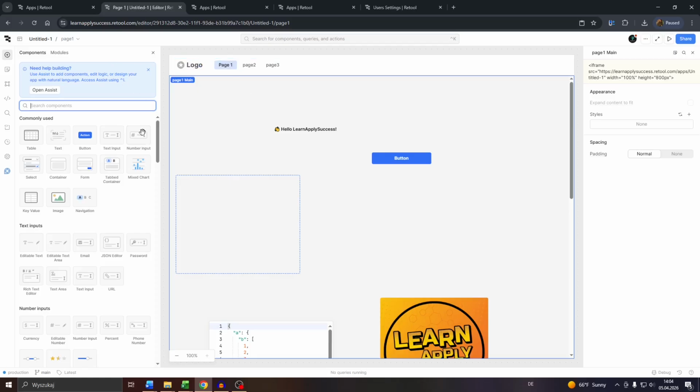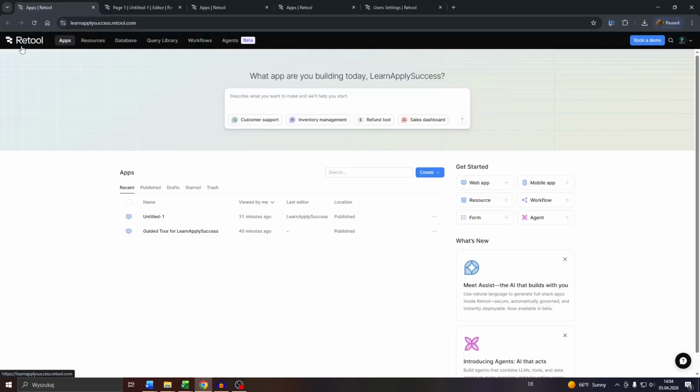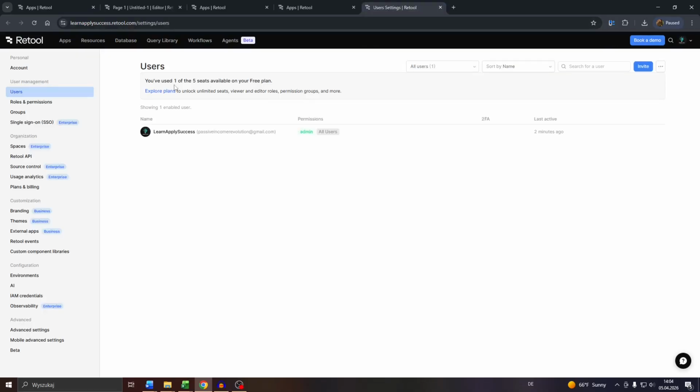So guys, as you can see, I'm inside the app editor, the app builder. You will need to navigate back to the home section of your Retool account. What you want to do is click into your profile icon in the top right, select settings. Here inside your settings, navigate to user management on the left, click into users,